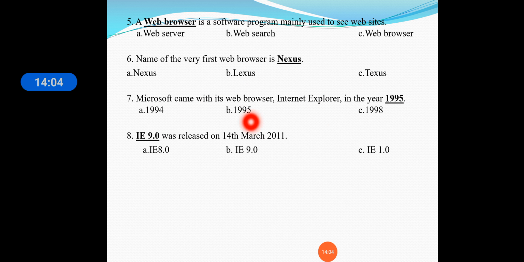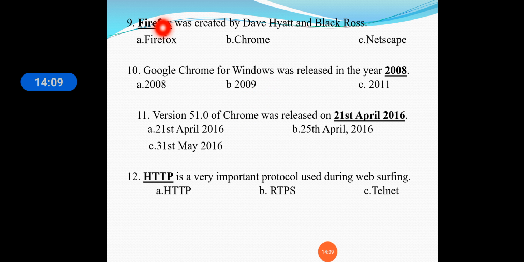IE 9.0 was released on 14 March 2011. Firefox was created by Dev Hayat and Black Rose, and Google Chrome for Windows was released in 2008, and version 51.0 of Chrome was released on 21st April 2016 here. And the last one, HTTP is the protocol for web surfing.